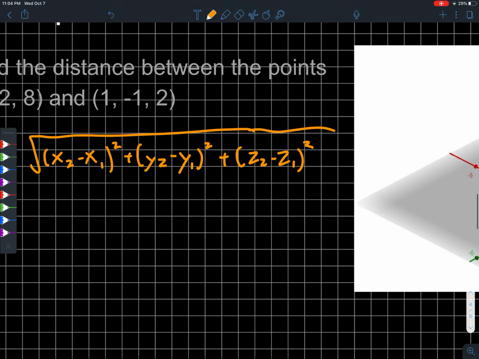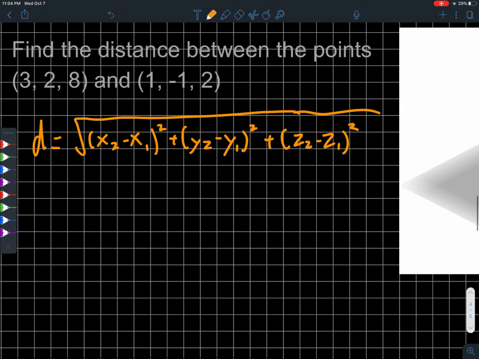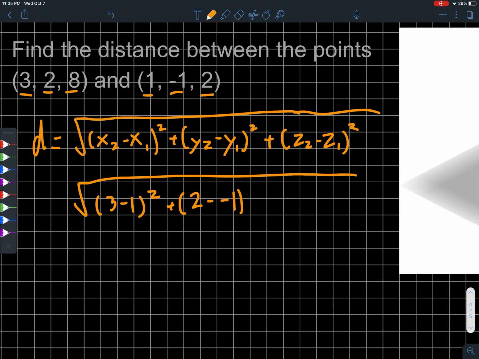All right. So we get the square root of 3 minus 1 squared plus 2 minus negative 1 squared plus 8 minus 2 squared,